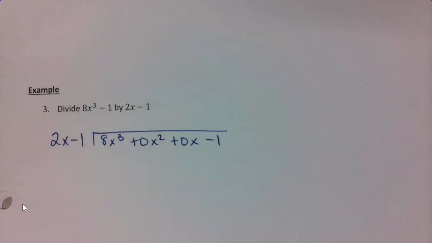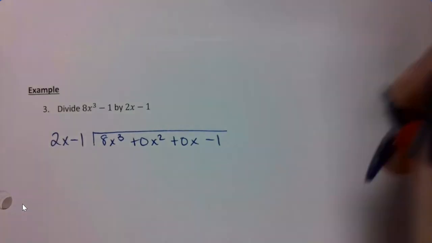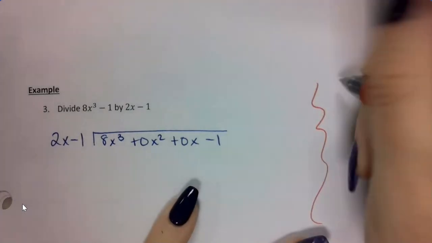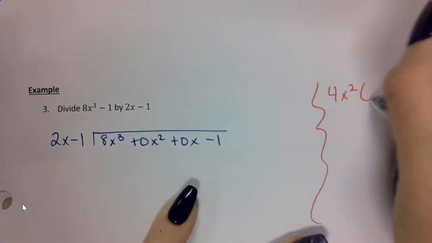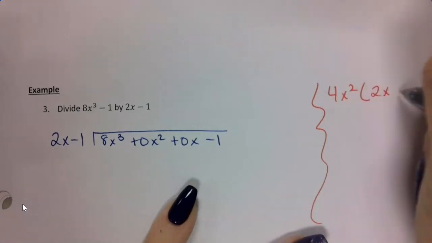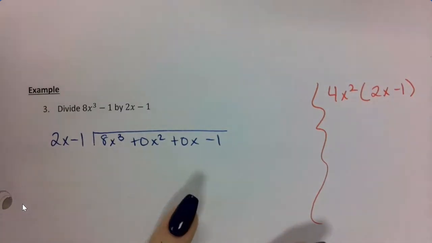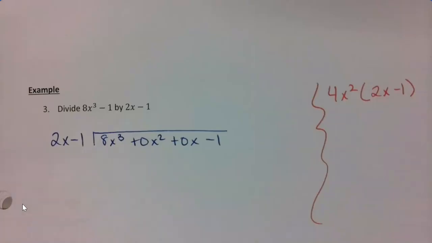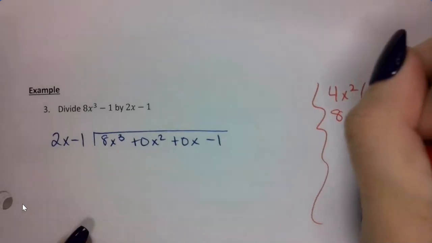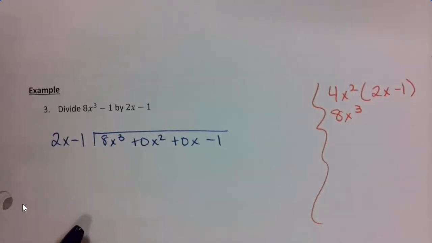And this one only wants me to divide, not to divide and factor. So once I get my answer here, I am done. So what do I need to multiply 2x by to turn it into 8x cubed? 4x squared. Okay. So 4x squared times 2x is 8x cubed. 4x squared times negative 1 is,